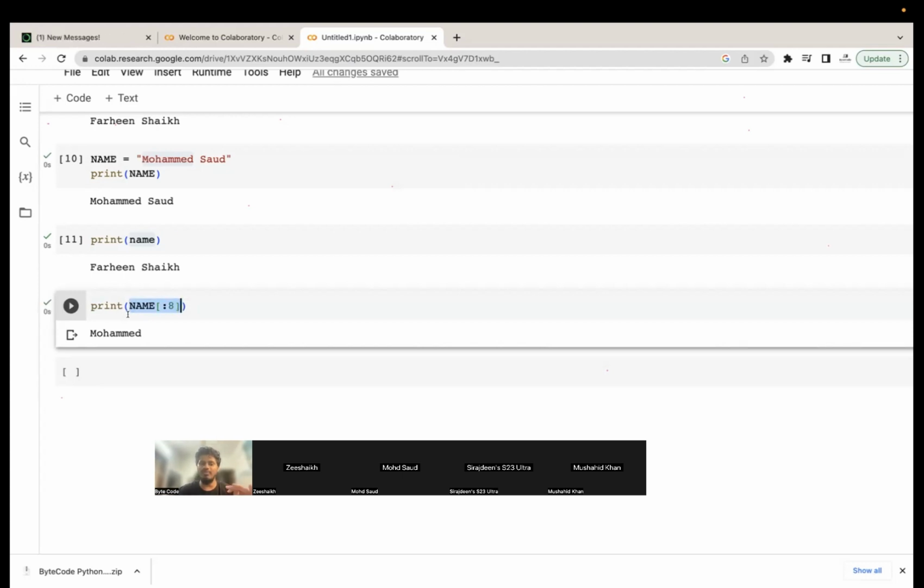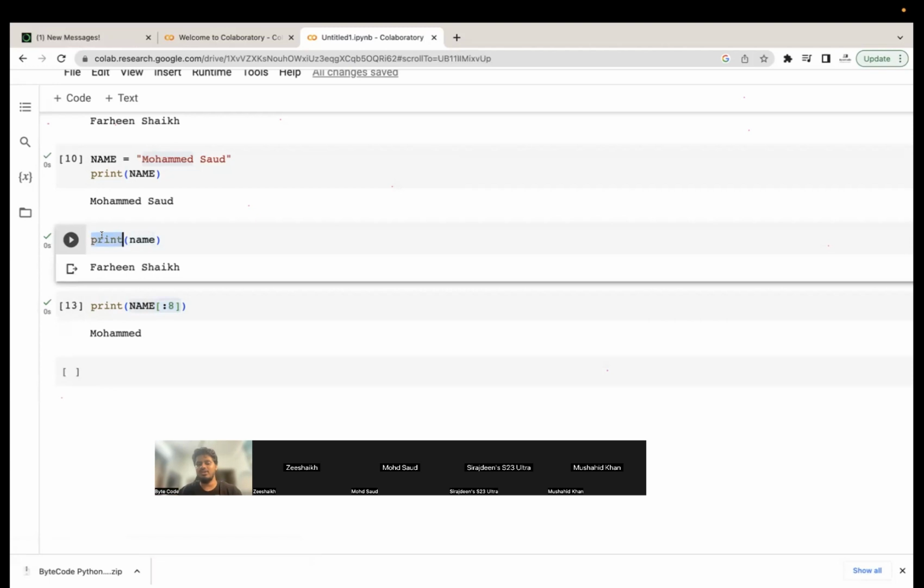This is a relatively very small program. It is nothing. But whenever you write big programs, let's suppose you have a live website hosted, and you want to know what different errors are coming from different users, then you can't just directly go into the program and see the data, right? For that, you have to do printing. That is basically called logging of the information. So you log your information by using the print function.